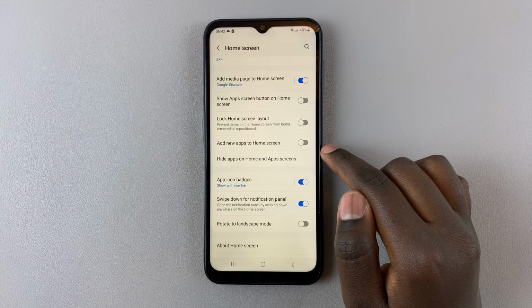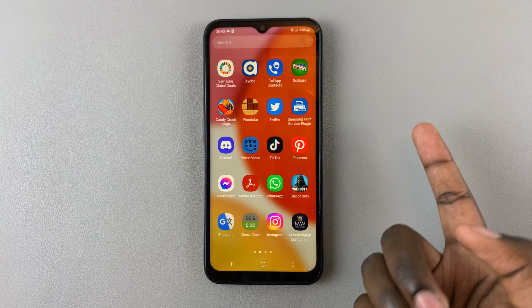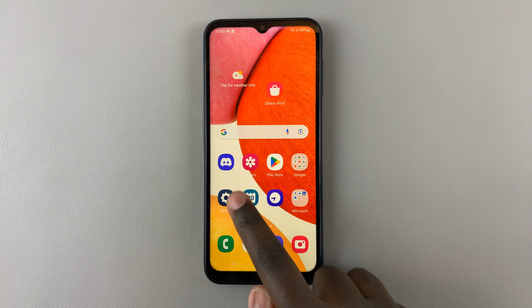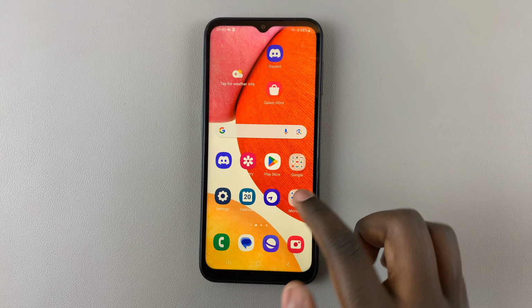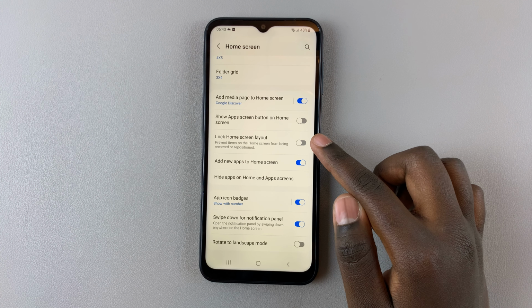So to enable it, simply tap on that, and when you go back to your home screen and you'd like to add an app, say Discord, you should notice the option Add to Home Screen. If you would like to disable it, you can simply either tap on Lock Home Screen